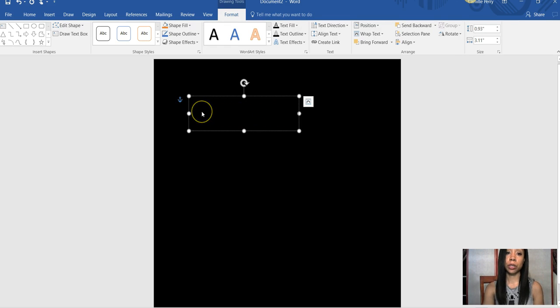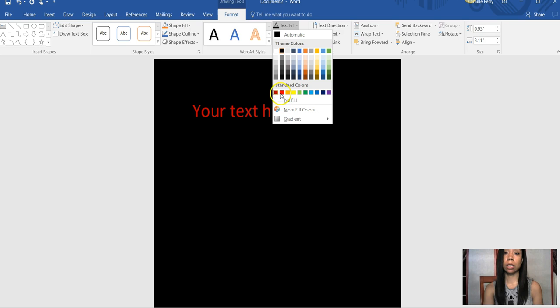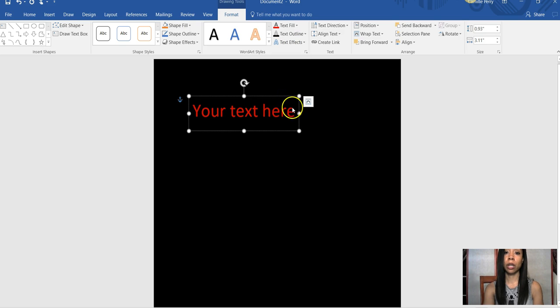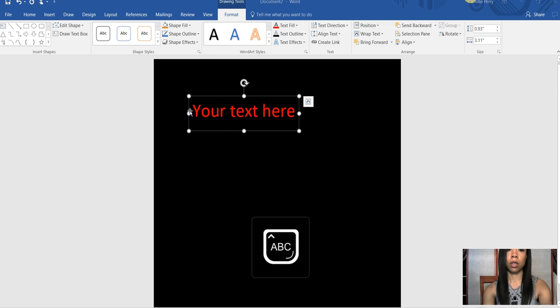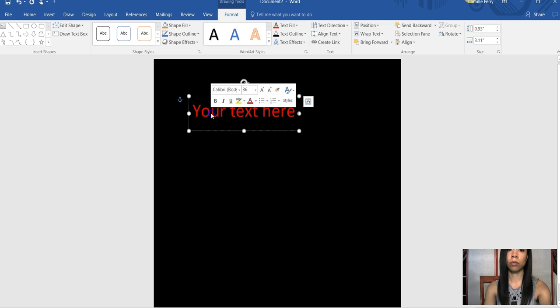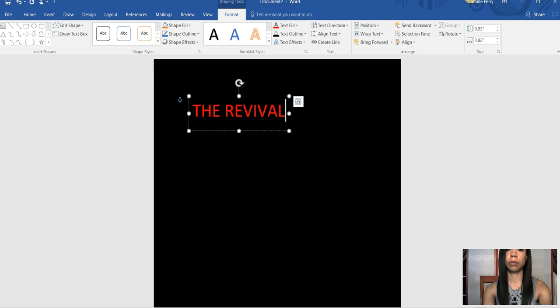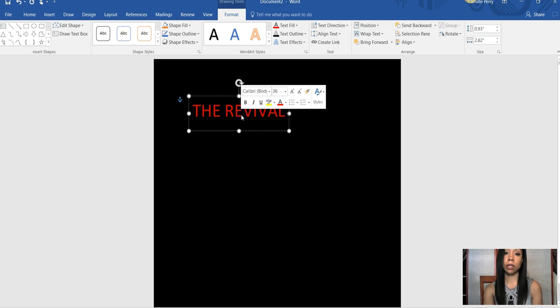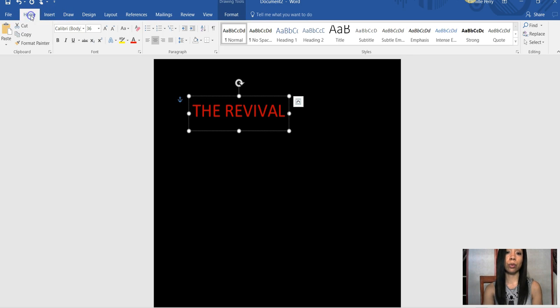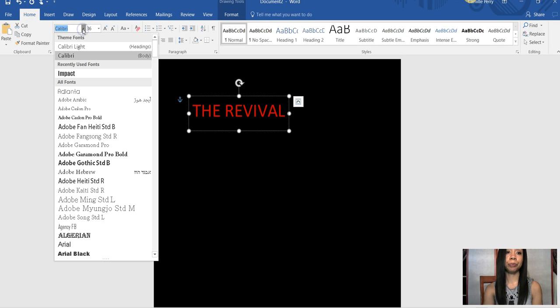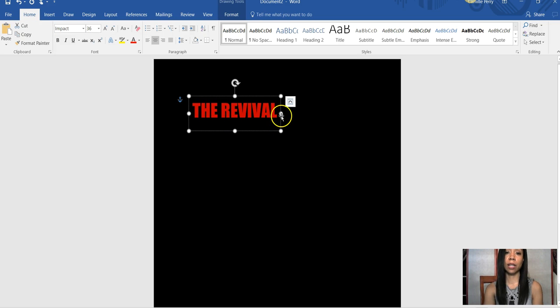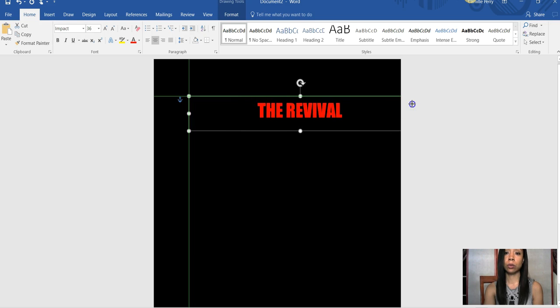Now here, of course, it's showing up black, so you want to change your font color. And we're going to go over here to text fill, and let's make it this bright red here. And let's call this, I don't know, the revival, right? Okay. So this font is fine. I am going to use Impact. It's one of my favorite fonts because it's just bold, it's visible,